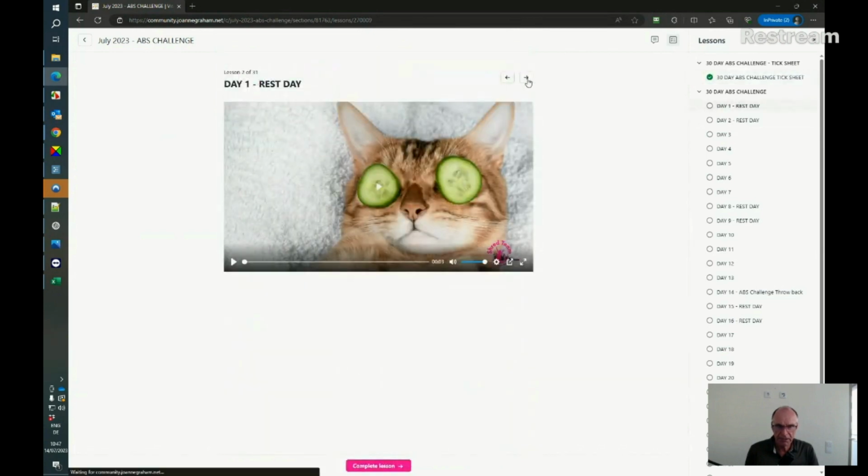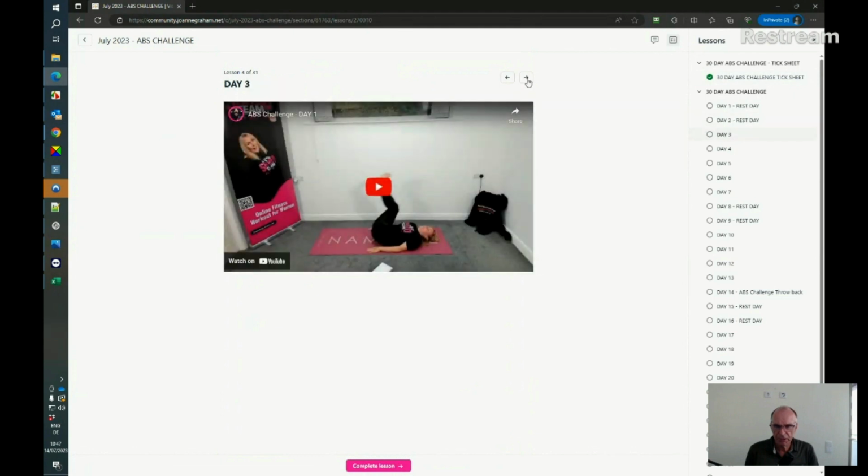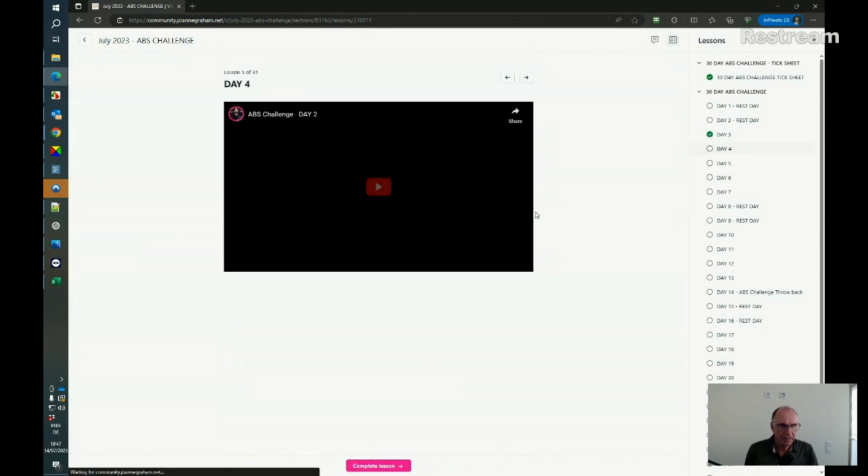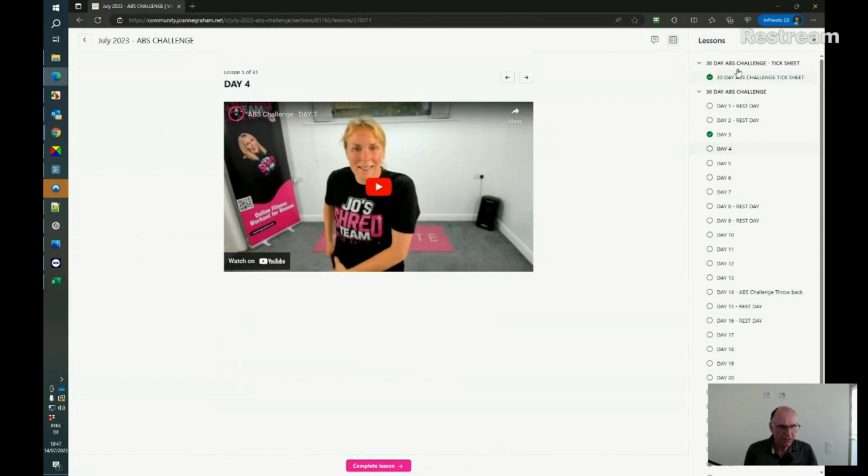Then the first day is a rest day, the second day is a rest day, and then we're straight on to day 3, which is actually day 1, I suppose. And you basically just do the abs challenge here. When you finish, you click on complete lesson, and as you can see on the left hand side, you can see which days are completed